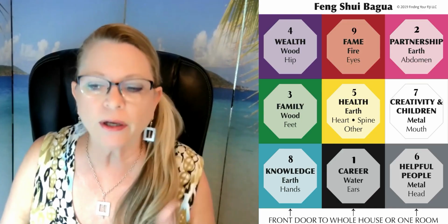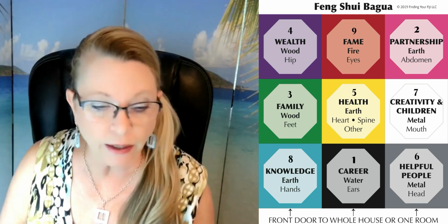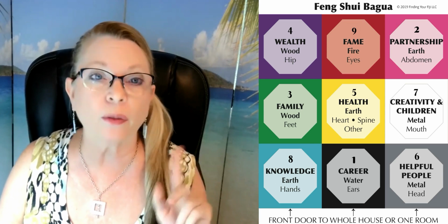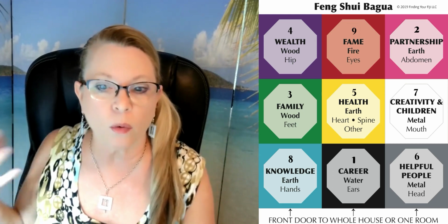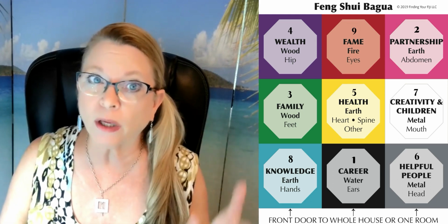So that's another way to use the elements. Each area of the Bagua correlates with an area of your life and also an element. You'll notice if you look at the wealth area in this top left corner, that the wood element is what supports wealth, right? So if you happen to have a bathroom in your wealth corner, which I know from experience